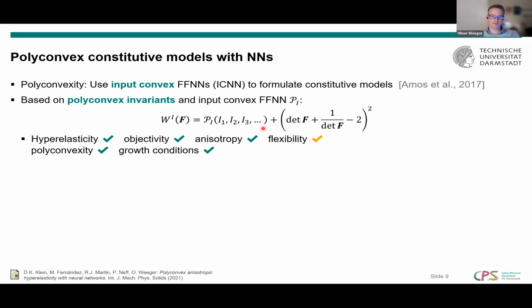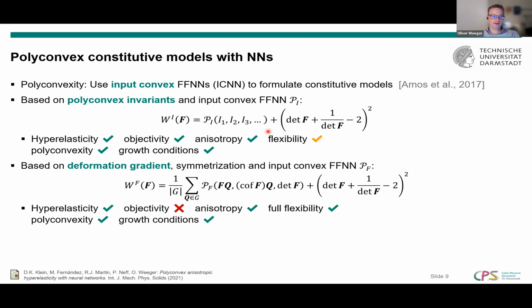If we have, say, isotropic materials, then in general, the constitutive models are always formulated in terms of invariants. There are 3 invariants for isotropic materials, and using those 3 invariants, you can basically represent any constitutive model. So if you have an isotropic material, I would suggest to use this formulation because this gives you already all the flexibility you need. If you have other kinds of symmetry groups, then it's actually not so clear how many invariants you have to use or should use and what kind of invariant. So in this case, I put the flexibility here in orange because the choice of invariants may somehow limit your flexibility. That's why we came up also with another model where we basically combine the idea from the previous slide